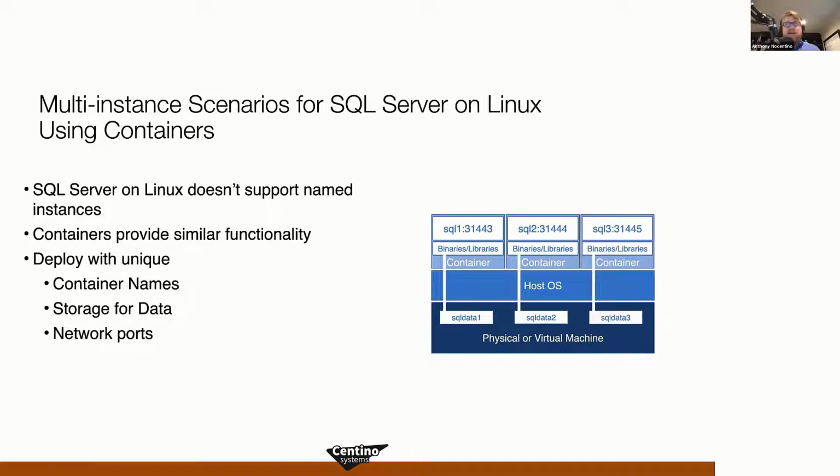And I can repeat that pattern over and over and over again, as long as I have enough resources on the base system that I'm deploying the containers onto. And so that leaves us with this statement: resource management is your responsibility. What I mean by that is we potentially need to set up some configuration to make sure that all of these instances are playing nice together on that base OS, because that base OS has some finite resources.